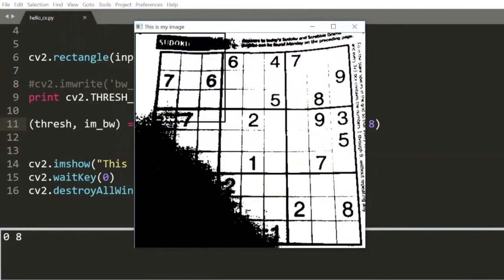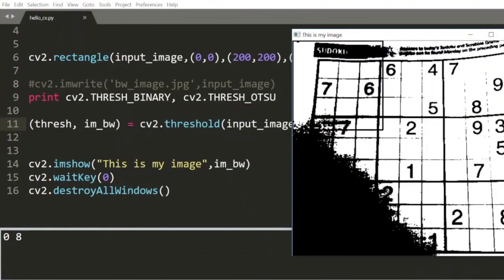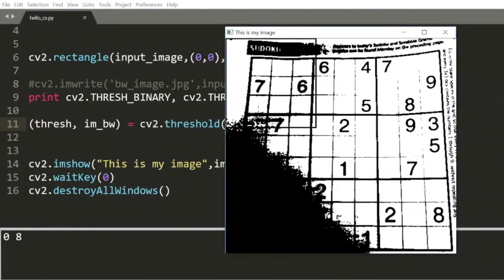In this sense, there is a lot of back and forth and a lot of trial and error, definitely in image processing, because you would want to try out different parameters and see what is working best in your application. So for us, you saw that the threshold, which was integer 8 over here, worked much better than having just the binary threshold.